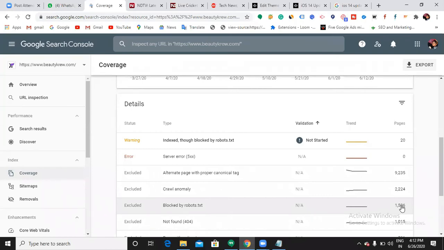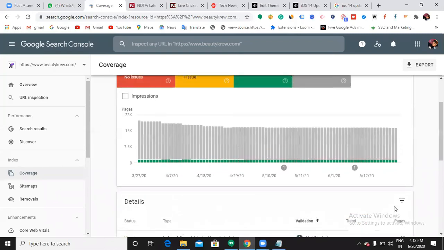We have lakhs of products, and the products will have URLs, so we have something like 9000 pages. Even a small website will have at least 20 to 25 URLs. Everything is a URL: wp-admin is a URL, slash author is a URL, slash tag is a URL, slash feed is a URL. Everything is going to be crawled by Google.